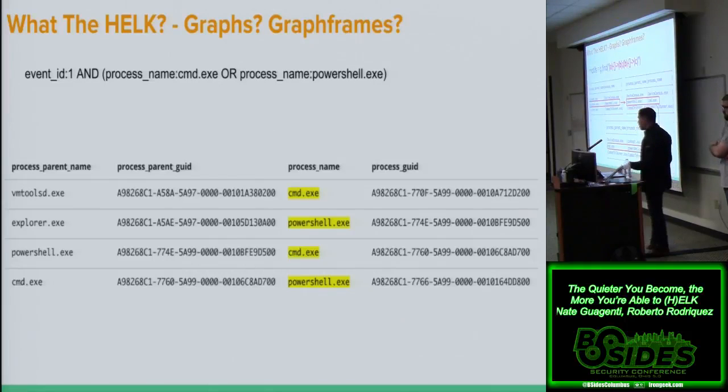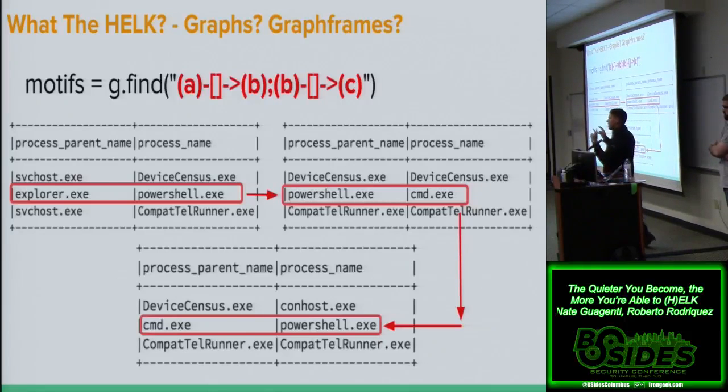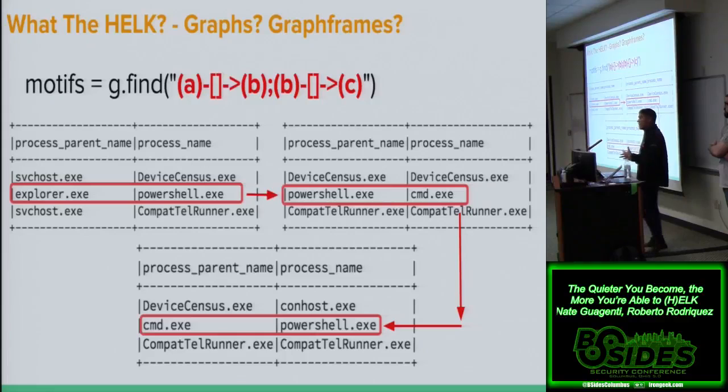It's not efficient. So with GraphFrames, you can use a similar concept as Neo4j. It has the Cypher concept also, where you have, without any names like, show me command.exe or show me PowerShell. No, we're talking about patterns here. Show me anything that did from A to B and from B to C based on my relationships, and then I can easily identify my Explorer, PowerShell, command.exe to PowerShell.